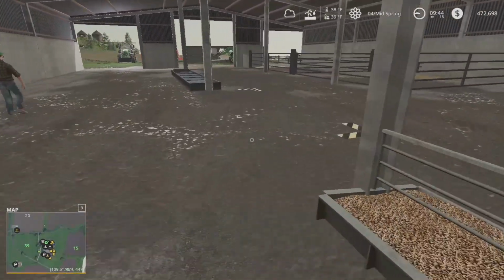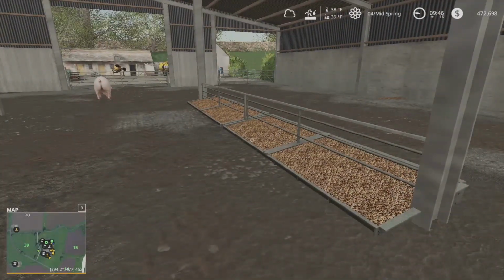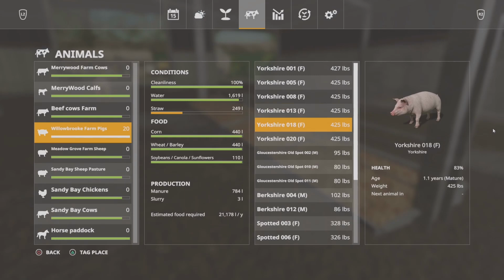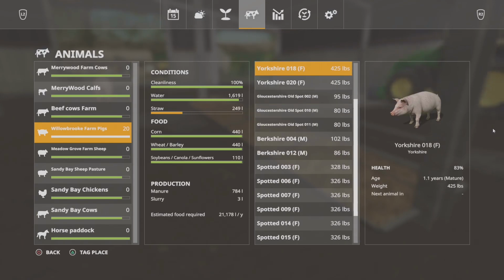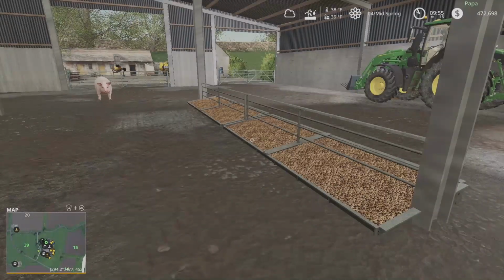Let's see if I can pick it up. We need to add straw again. Yeah, the manure is at 784. And let's see, we have one sow pregnant, and she's a Yorkshire. And we have a spotted pregnant. We have another spotted pregnant and another spotted pregnant. So we have 3 spotted that are pregnant and 1 Yorkshire pregnant. So that's 4. He's got 5 males, and they are...